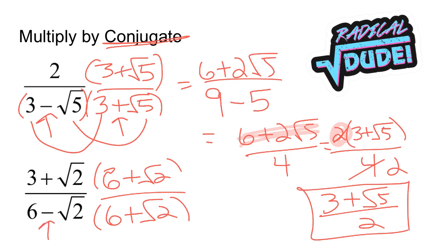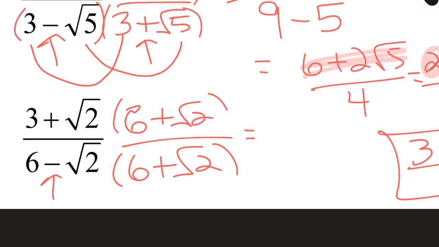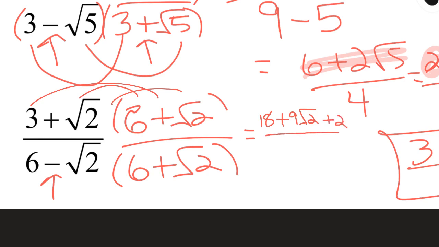So then, when I multiply it out, I FOIL out the top, I get 18, and I'm going to get 6 radical 2 and 3 radical 2 makes 9 radical 2, and then radical 2 times radical 2 is plus 2, all over, now in the bottom I'm going to get 36 minus 2. So the final answer is going to be 20 plus 9 radical 2